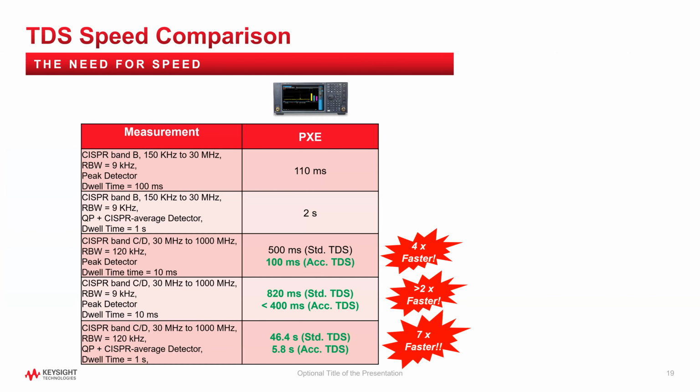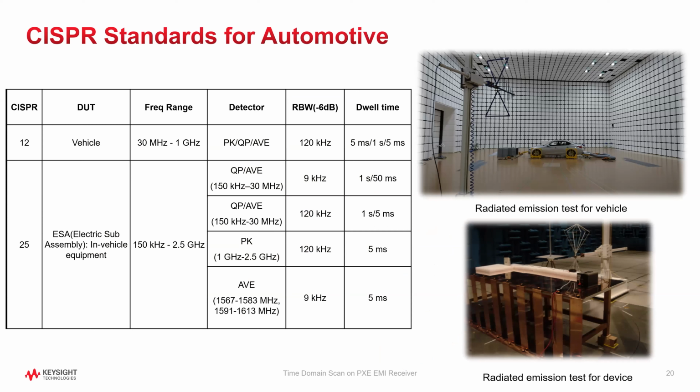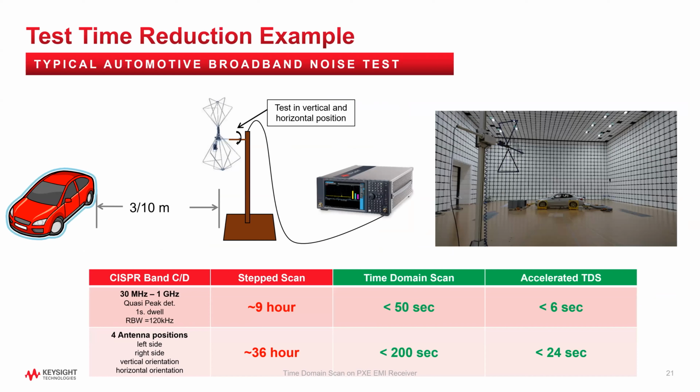I'm sure a lot of you are familiar with CISPR 12 or CISPR 25, which is what a lot of the EMC tests are based upon, the vehicle level test or even the sub-assembly test. We're going to test according to that to show you the time difference. In this slide, you can see that we're going to do 2 different measurements. One is measuring one position, 30 megahertz to 1 gigahertz with a positive peak detection, 1 second dwell with